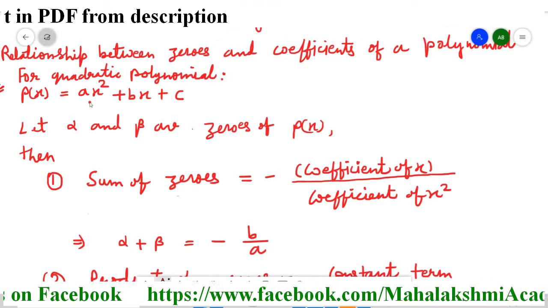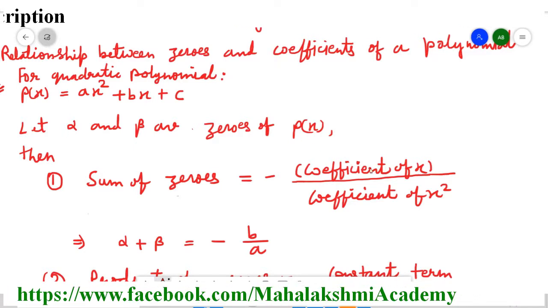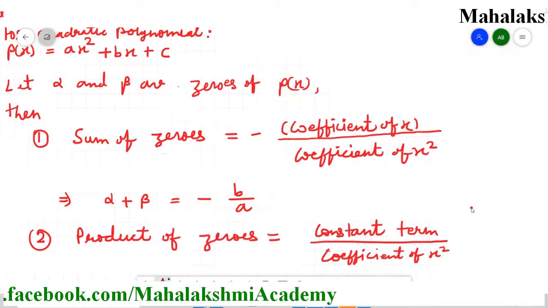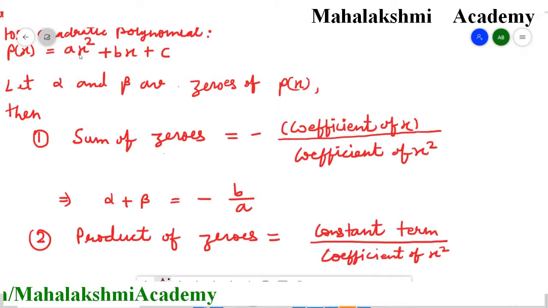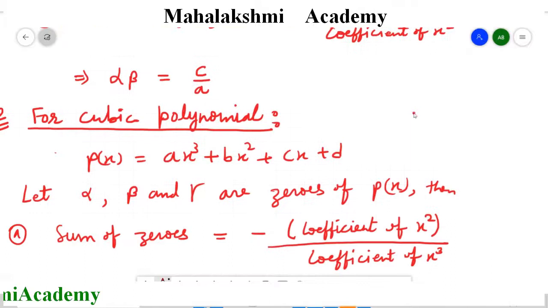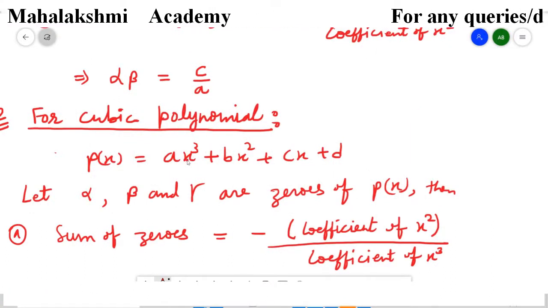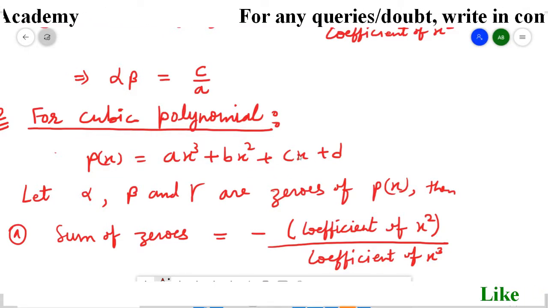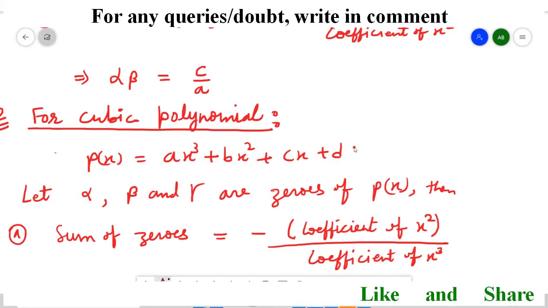After leaving this term, the next consecutive term is of x. So, in the formula, first the coefficient of x appeared, and then the next one is the constant term. Since only two terms are after the first term, we have only two formulas. In the same way, in a cubic polynomial, after shifting the coefficient of x cube to the denominator, we remain with three terms: the x square term, then the x term, and then the constant term. So, three terms remain, and three formulas we will have.